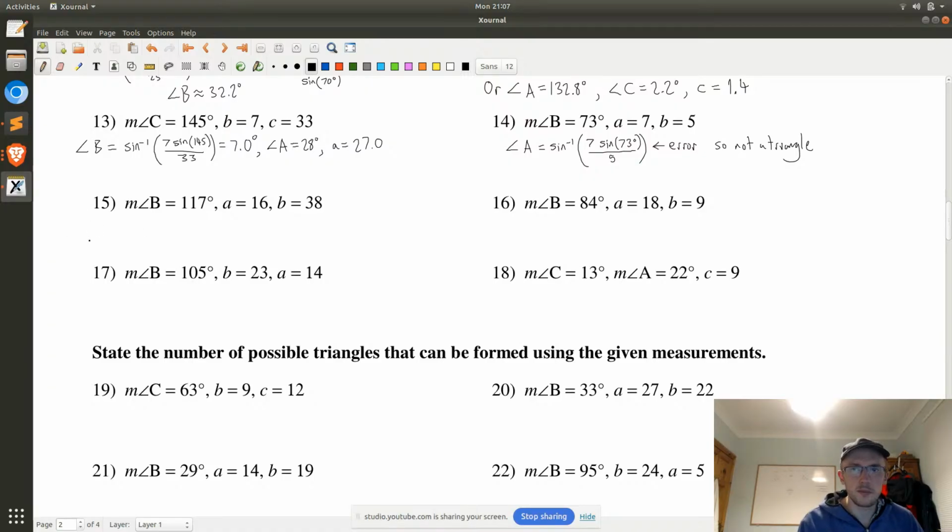Okay, so right, so let's get sine of angle A. Let's get angle A rather. So angle A is the arc sine. Is that